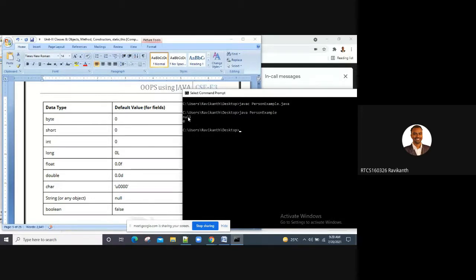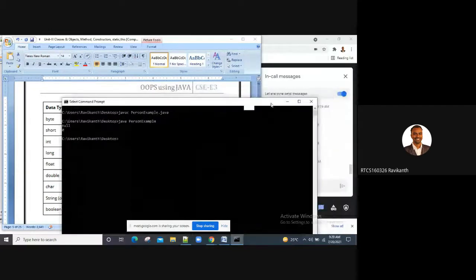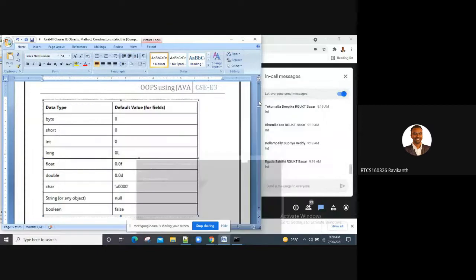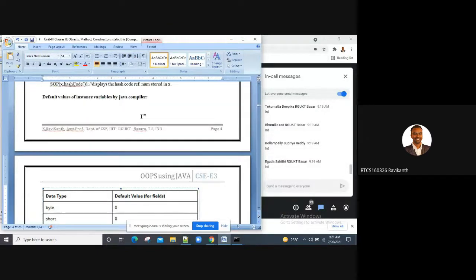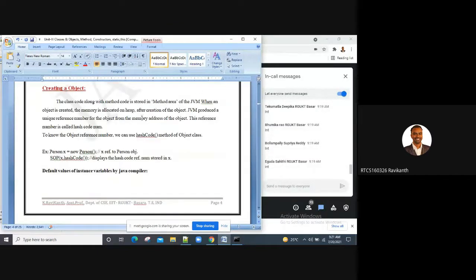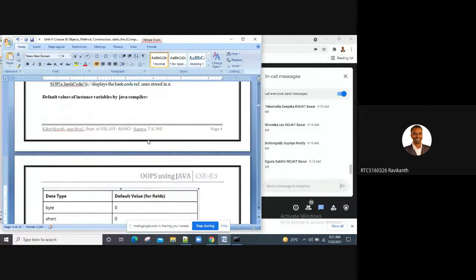As the first field was string type, we got null. For long, 0L, then float 0.0F, double, char, boolean. This is how we get those values. We are not just taking 0 or null like that. So you have to understand this hash code concept.